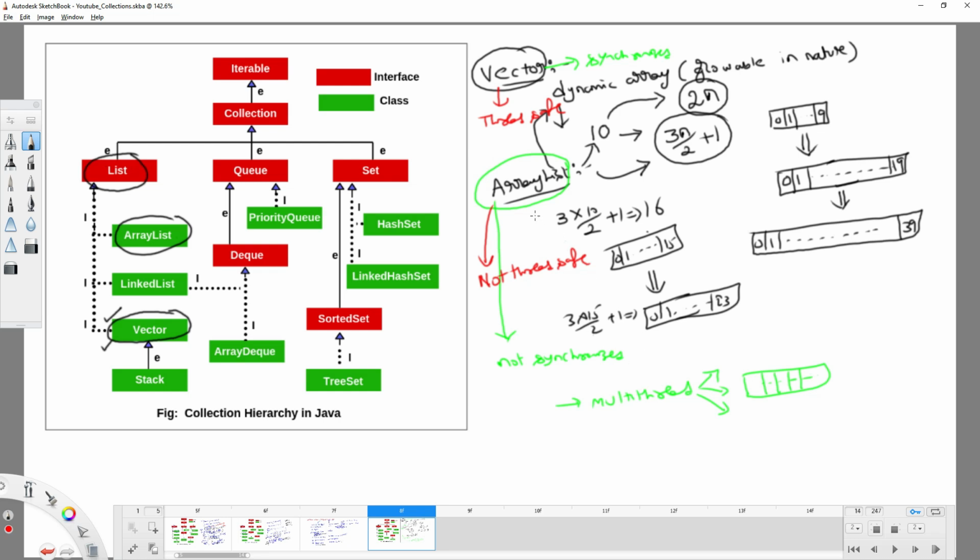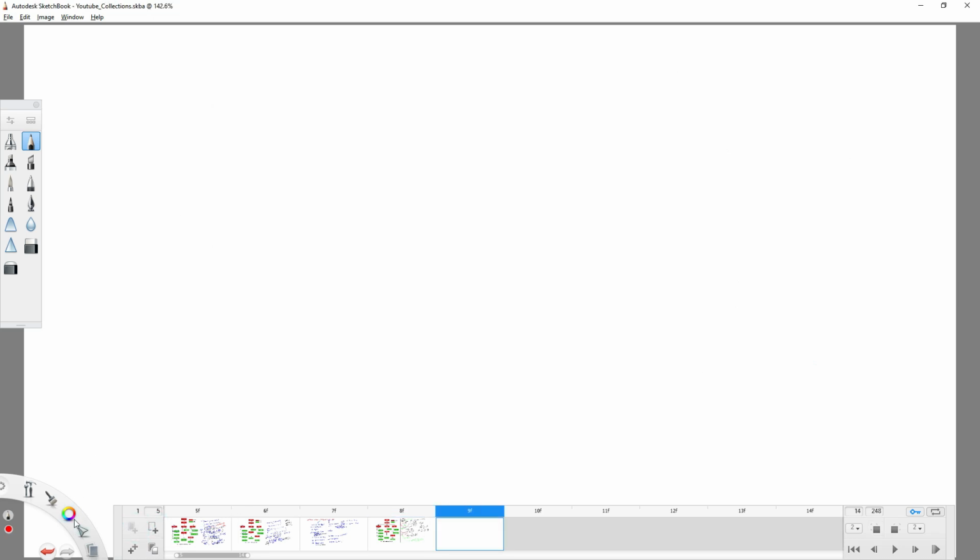In a multi-threading environment, as all the threads are allowed to execute at the same time, ArrayList is going to be a little bit faster, but Vector is going to be a little bit slow, right? So if we summarize all the points we have discussed, the difference between ArrayList and the Vector: